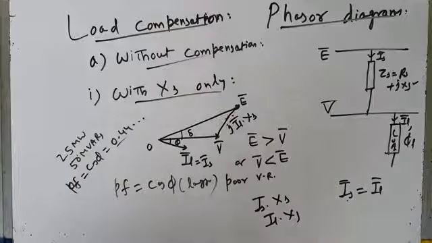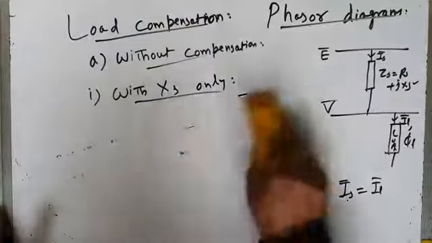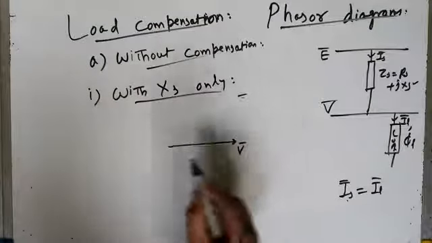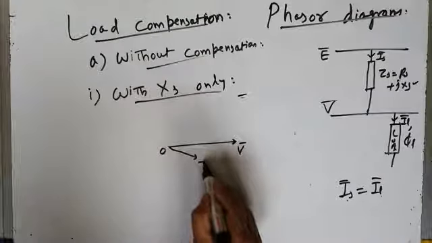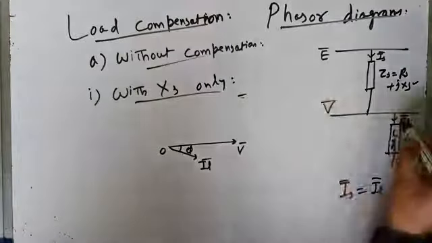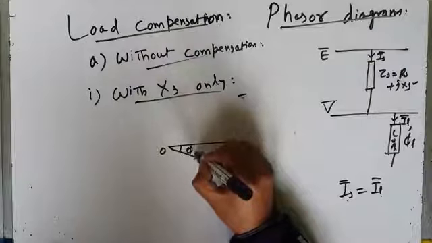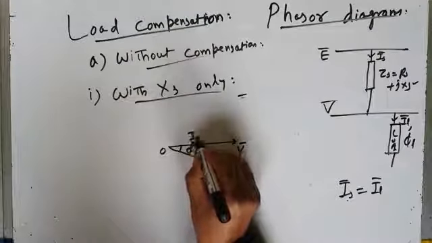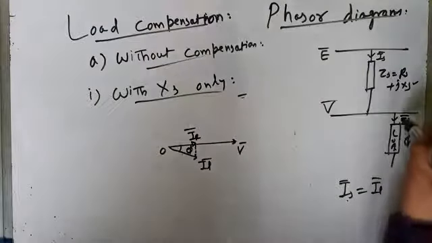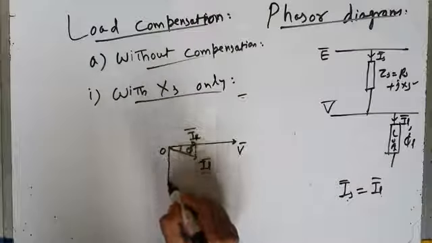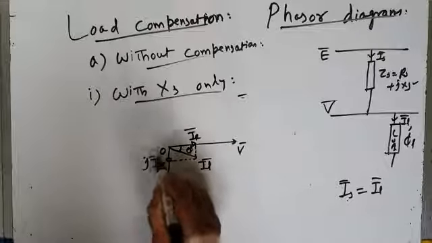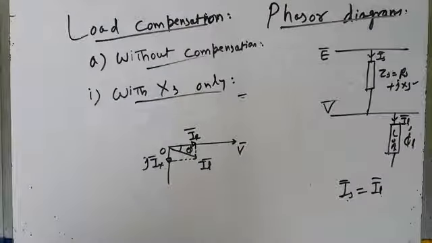This phasor diagram can also be drawn again like this. This is the load bus voltage V, and this is the load current IL at a phase angle of phi. In this case, the load current has two components. It has an in-phase component, IR, which is in phase with the load bus voltage and which represents the active power drawn by the load. And it has a quadrature component also, J IX, which represents the reactive power drawn by the load.